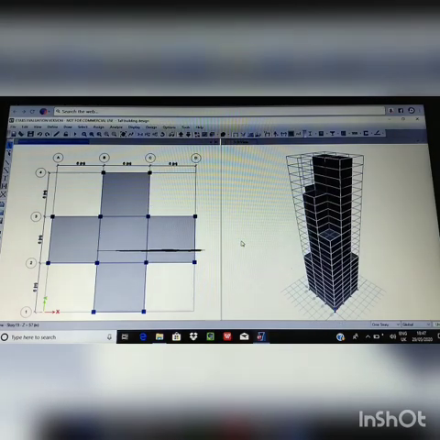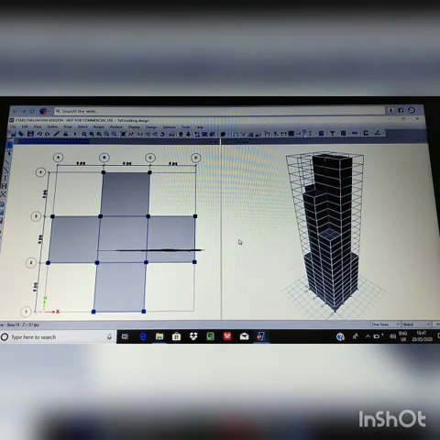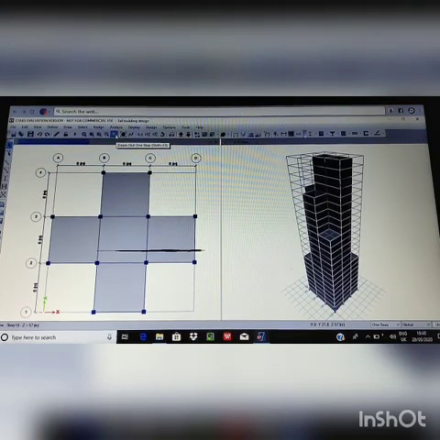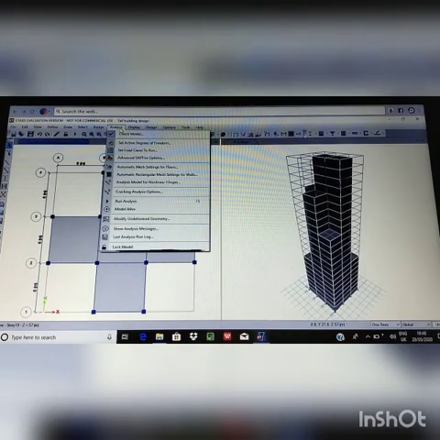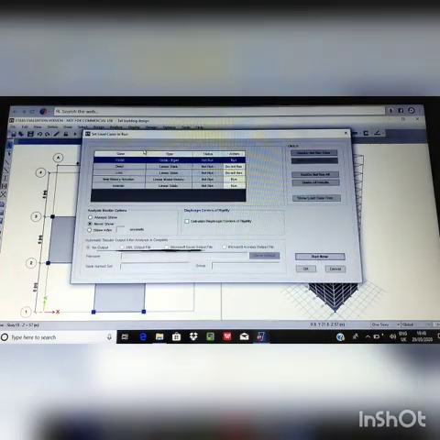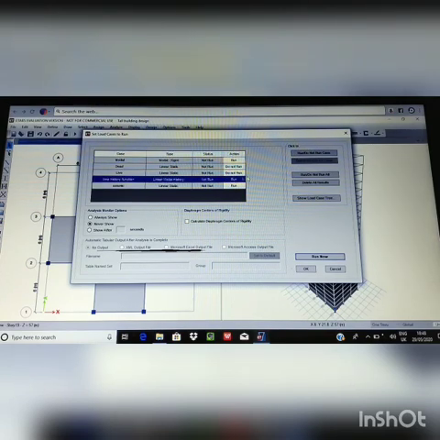After defining the seismic load, the next step is structural analysis of the building model. Since we are performing seismic analysis on the building, there is no need to run the analysis for the wind load case. So now we analyze for dead, live and seismic load cases. Click on Analyze, set load cases to run. Here we select wind and click on Do Not Run. Then click on Run Now.